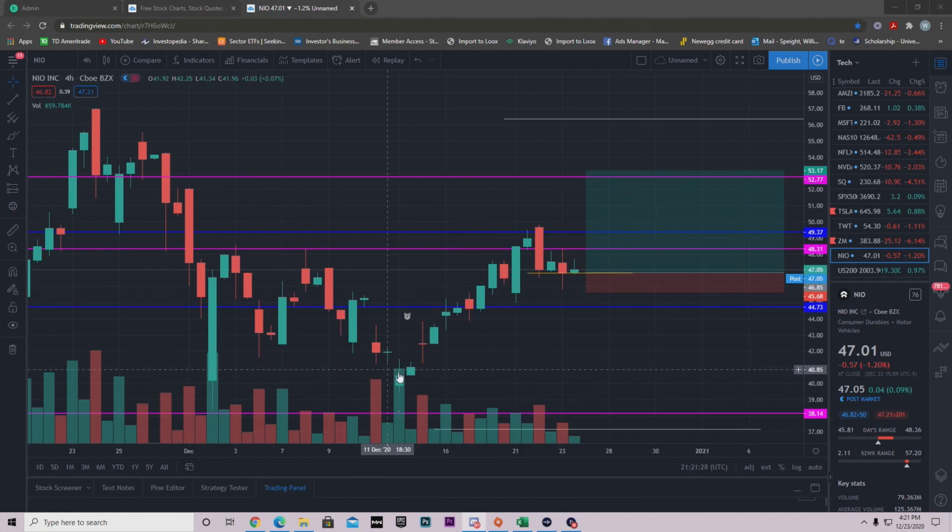Now what I'm seeing right now is we continued up, we got rejected, now we're kind of cooling off. So if you're bullish on NIO, we need to stay and really hold this level. I really don't want us getting below this level right here at 45.64, because if we do, then we're not continuing this uptrend anymore. But if we do fall below, I'm looking for a heavy support at 44.73.